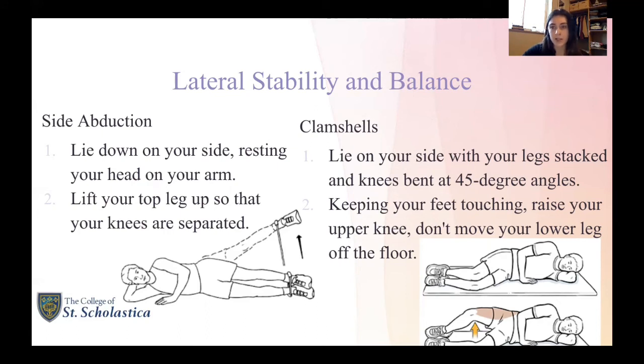The second exercise that you can do is called clamshells. To do this, lie on your side with your legs stacked and your knees bent at a 45-degree angle. Rest your head on your lower arm and use your top arm to steady your frame. Be sure that your hips are stacked on top of one another, as there's a tendency for the hips to rock back and forth. Engage your abdominals by pulling your belly button in, as this will help stabilize your spine